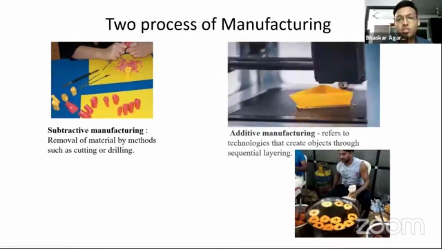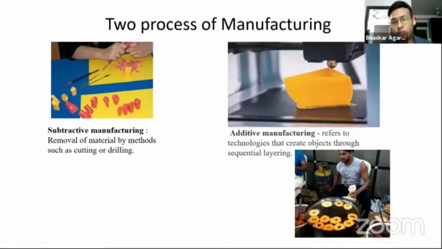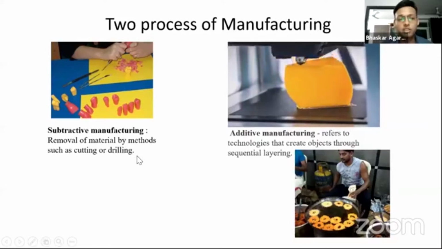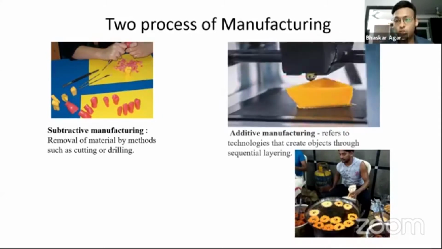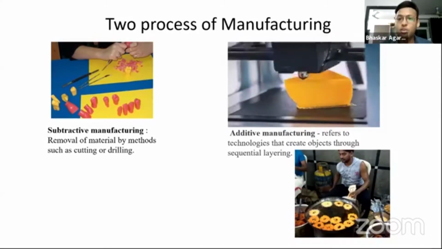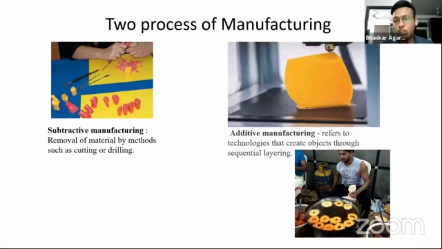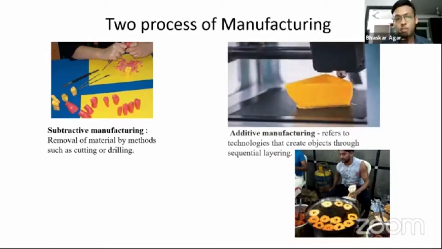There are two processes of manufacturing anything. One is subtractive manufacturing, the other is additive manufacturing. Subtractive manufacturing is removal of material by methods such as cutting or drilling. In simpler words, like we all have done carving during our second year, from a block of wax we remove the material and carve out a tooth. That is subtractive manufacturing. Another example is the milled crowns that we get. It is milled out of a ceramic block. That is also subtractive manufacturing.